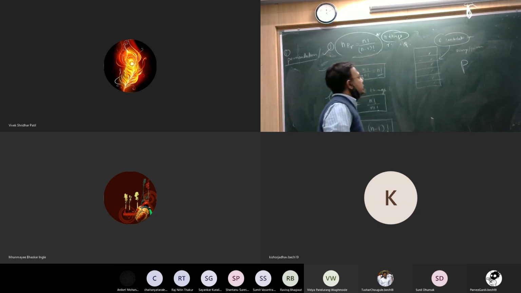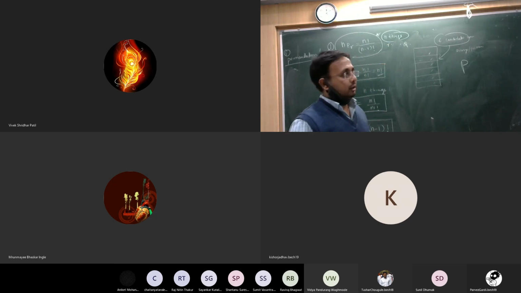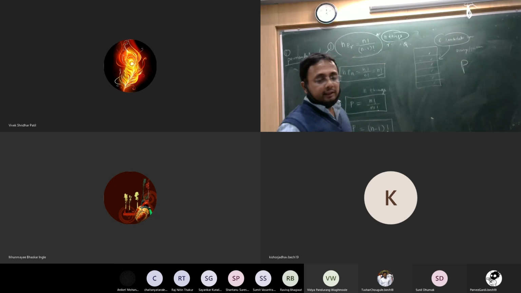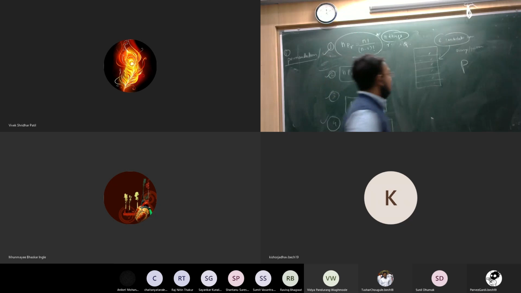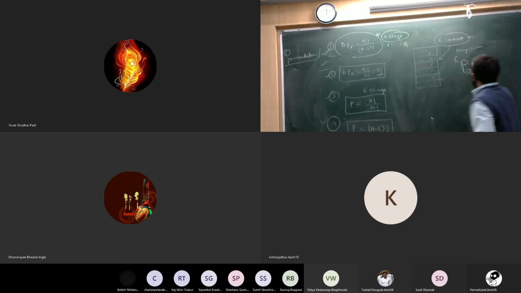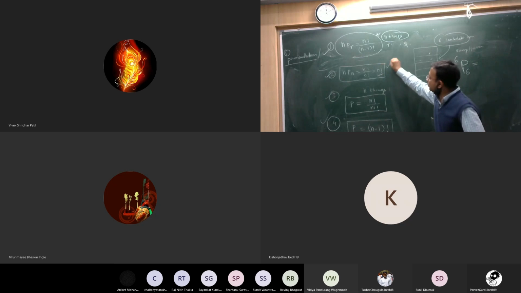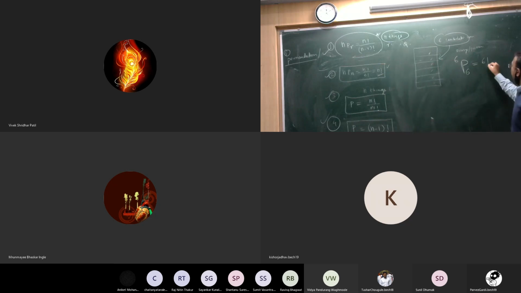Okay, so the next information is that six candidates are there, and we need to arrange them. Obviously six candidates are there, and it implicitly means that all candidates are to be selected and arranged. Six candidates we need to select. So nPn, we can use the formula this way. So n factorial, that means 6 factorial. 6 factorial means 6 into 5 into 4 into 3 into 2 into 1. So that is